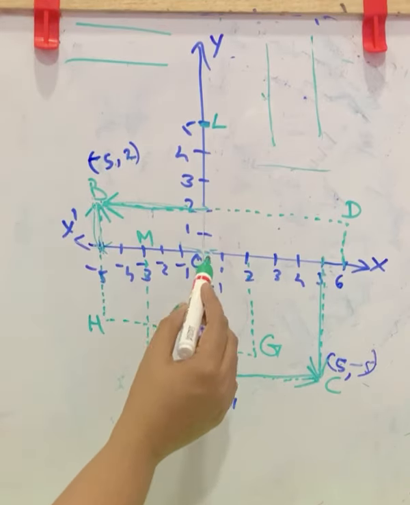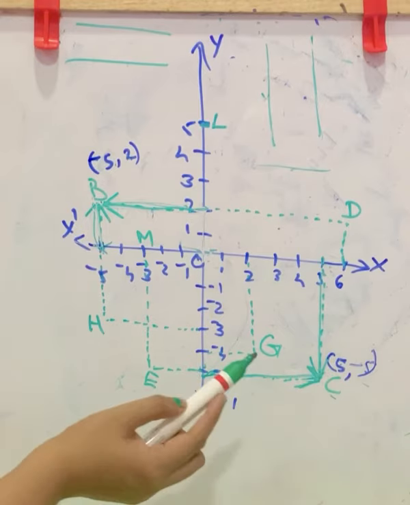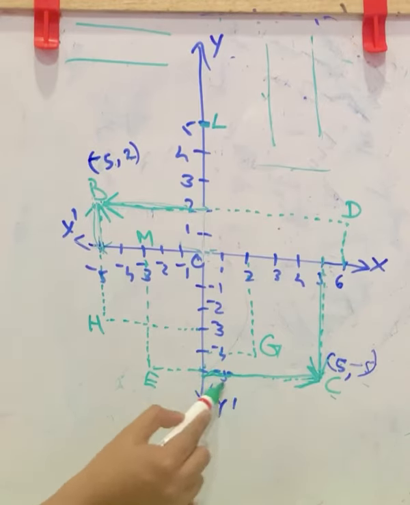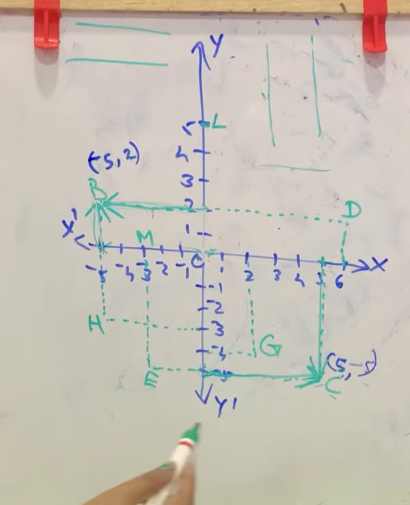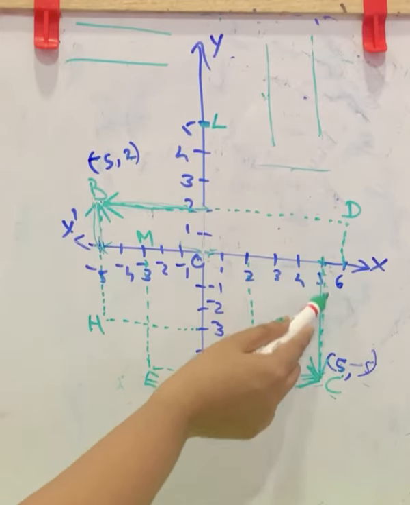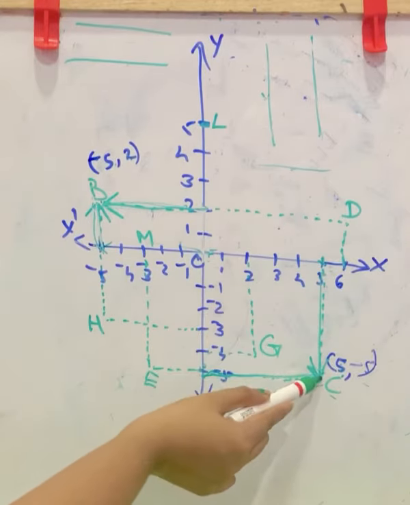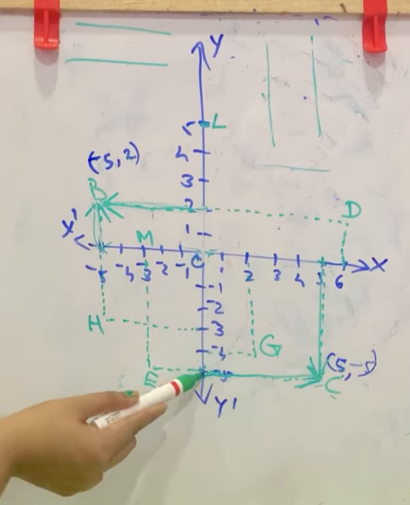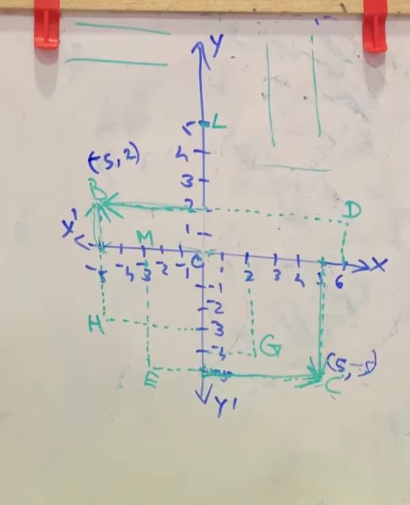Now see, the x coordinate means this gap, not the height. The parallel to this gap is this. So 5 is the x coordinate. Now the y coordinate means the height from the horizontal line. That is here, and the parallel to it is this, -5. So -5 will be the y coordinate. We can do more examples so it will be more clear.